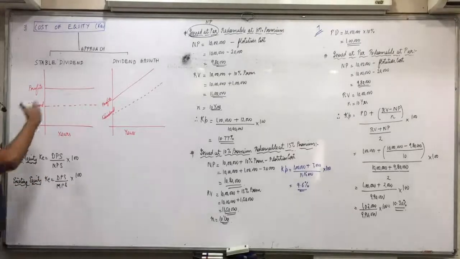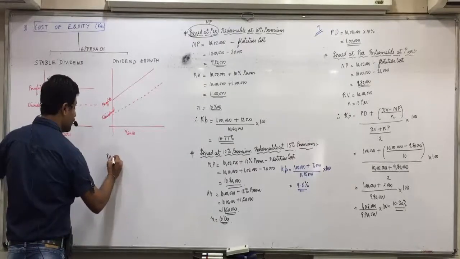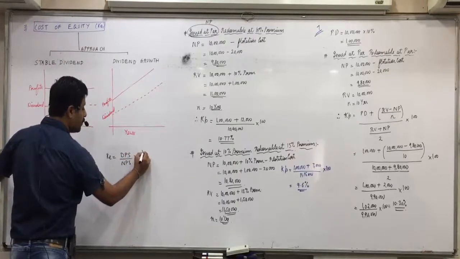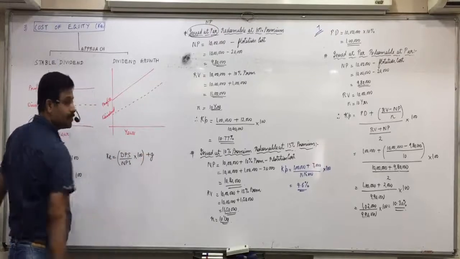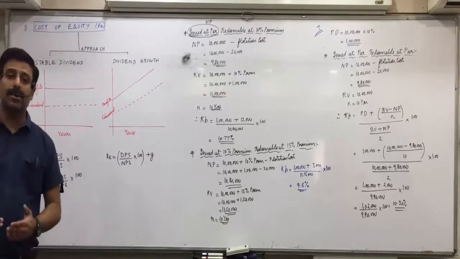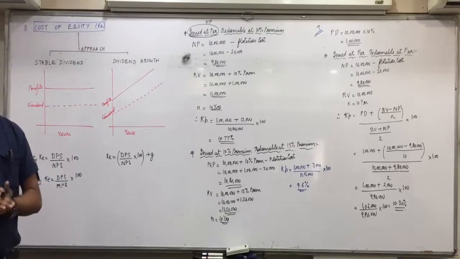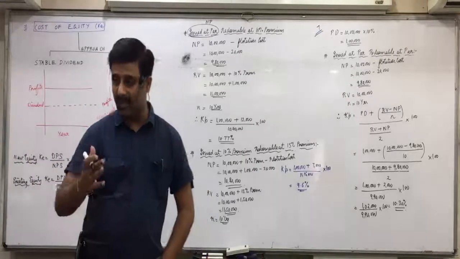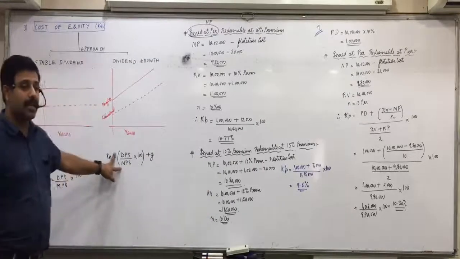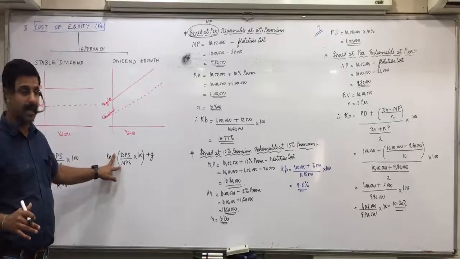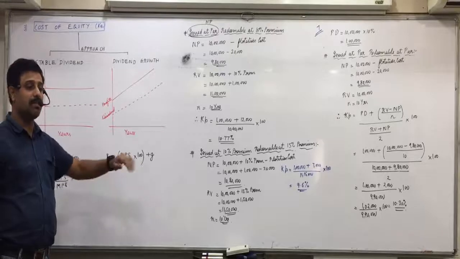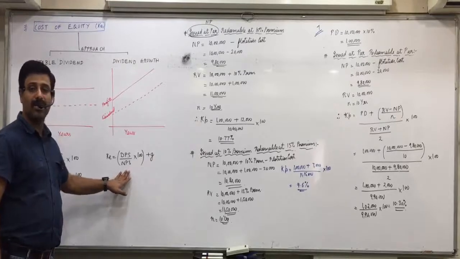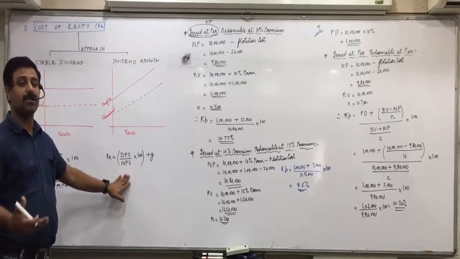Any confusion in that? And if it is a growth company, then DPS upon NPS into 100 plus growth. Means dividend is expected to increase year after year. So if you expect a growth rate of 10%, then what is 10 upon 100? 0.1. So in case if this rate is coming to 16%, then you take 16 plus 0.1, 16.1%. Whatever growth rate is expected, that you will add in the normal rate of equity. Because that much more expectation will be there from the shareholders.